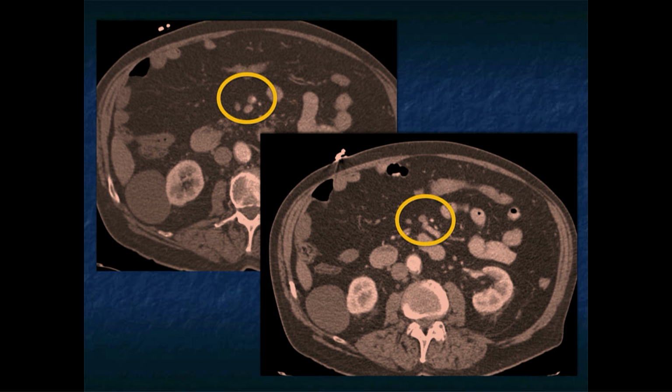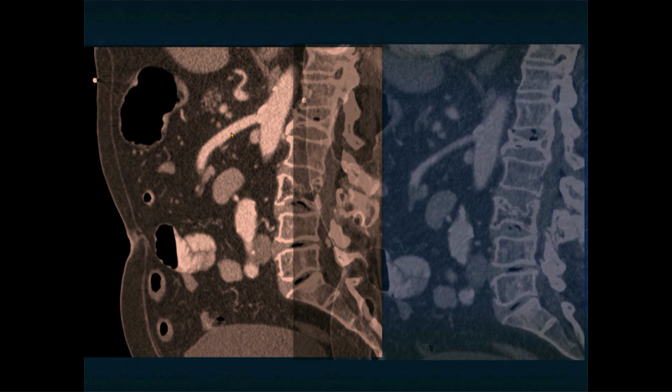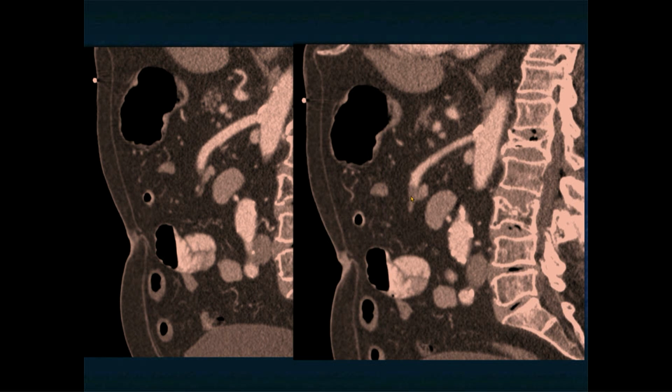But if you go a little further down, the SMA is not that great. But you have to admit, this is really far down. It's kind of hard to see, and maybe it's just partial averaging. But if the person would have looked at the sagittal views, they would have seen the SMA look great until it was occluded right there. So you have to really follow the SMA throughout its course. Yes, you can follow it down on axial imaging, but when it gets distal, there is that partial averaging. When you look at the sagittal, it's much easier to recognize that thrombosis,